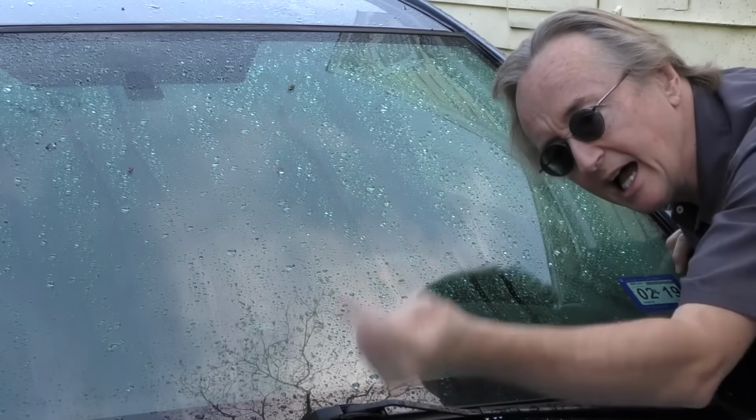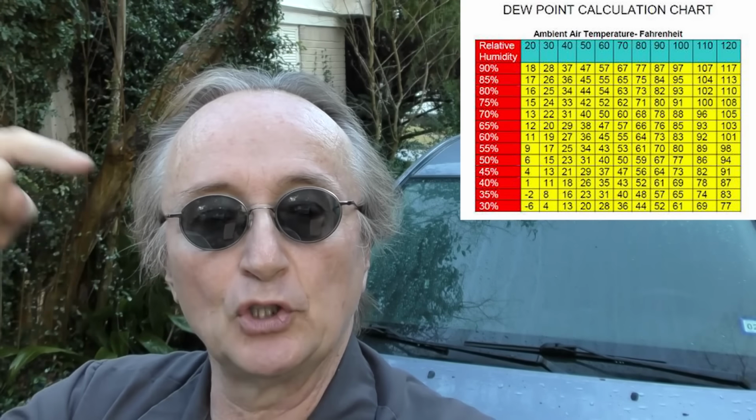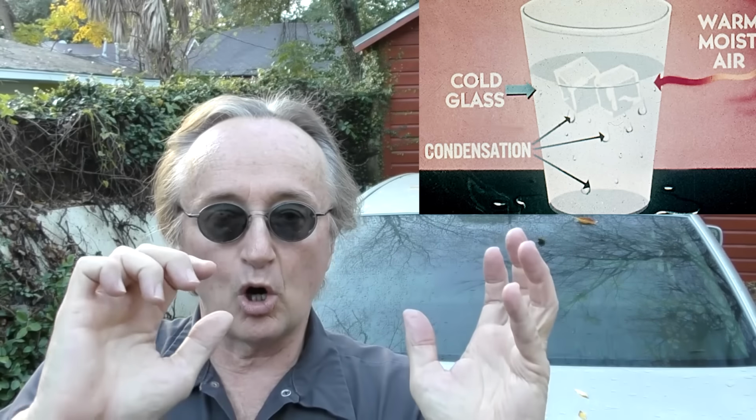Today I'm going to show you how to keep your car windows from fogging up. Car windows fog up because water condenses on them. Now this can happen both on the inside and the outside of your windows. Water condenses on a surface when the temperature of the surface is below the dew point of the air that's near that surface. We're doing weather reports now. When you have warmer, humid air next to a cooler glass, it's going to condense and create fog on the